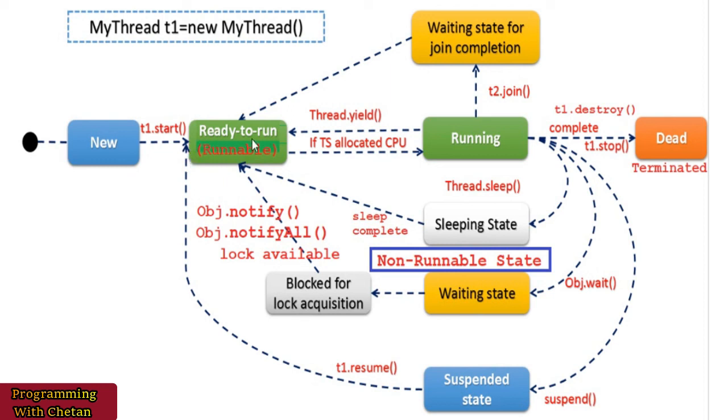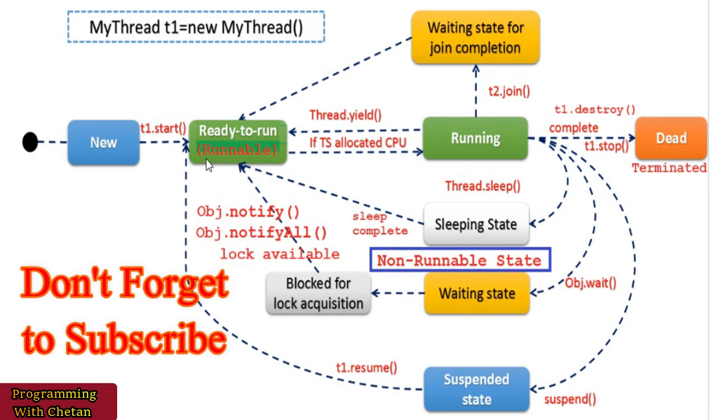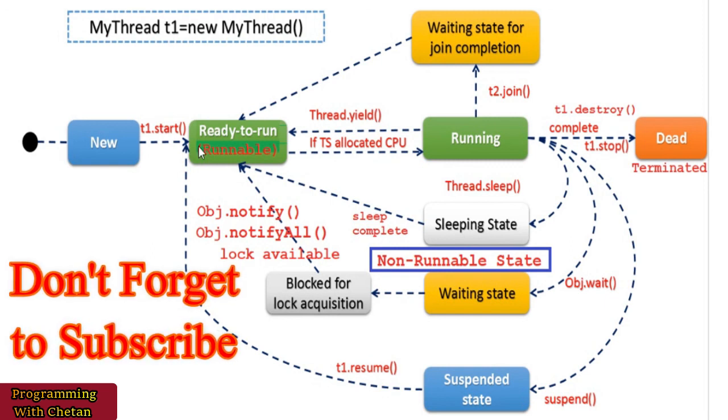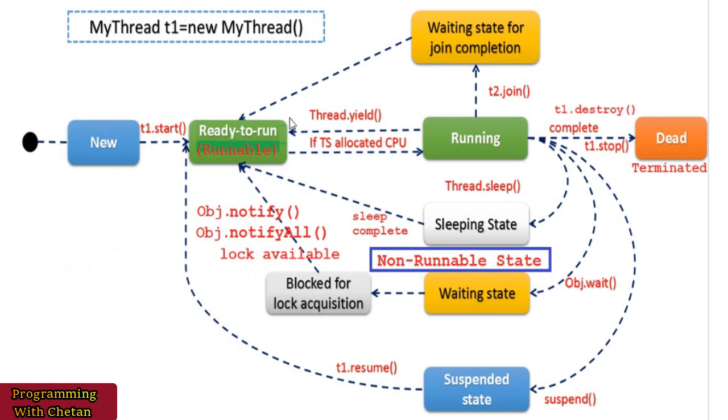In preemptive scheduling, it picks up the threads on the basis of their priority, and in time slicing, it executes a thread for a predefined slice of time. After that, the thread will move into the waiting state, and then the next thread will be picked up on the basis of priority and other factors. So now our thread is currently in the runnable state and it is available to be picked up by the thread scheduler.